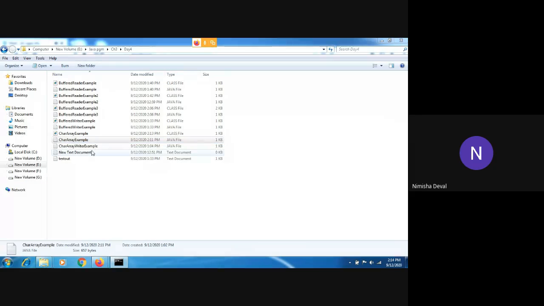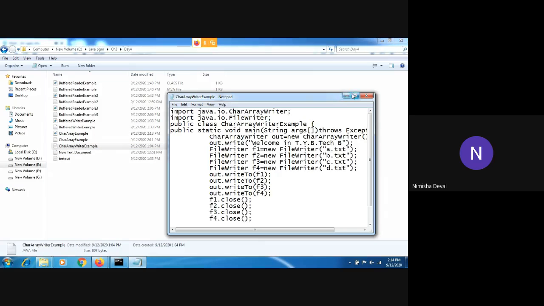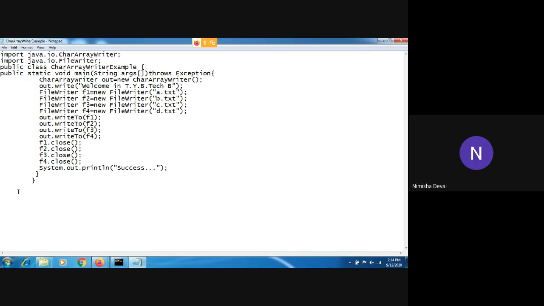Right now we have seen the reader, now we will see the writer. Here also some constructors and some methods are there. Before starting this program, I will just explain it. This writer class can be used to write common data to multiple files.